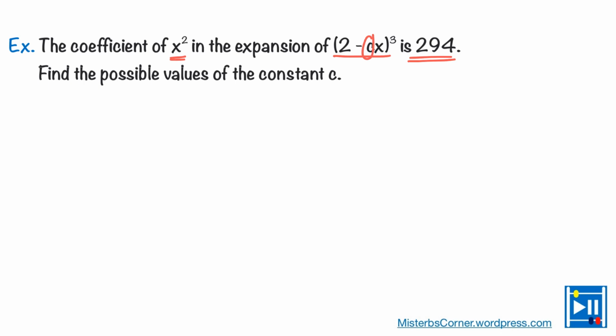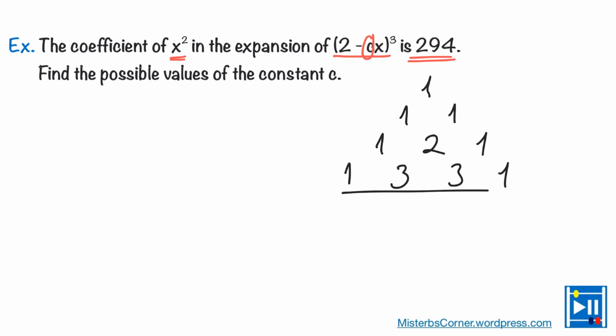Now let's go with Pascal's triangle first. So I go like 1 1 1 1 2 1 1 3 3 1. So this is the row I'll be using because the power is 3, right? Now if I was to expand the expression in full, right, I would be writing 4 terms, but I need the x squared term. So the x squared term will appear